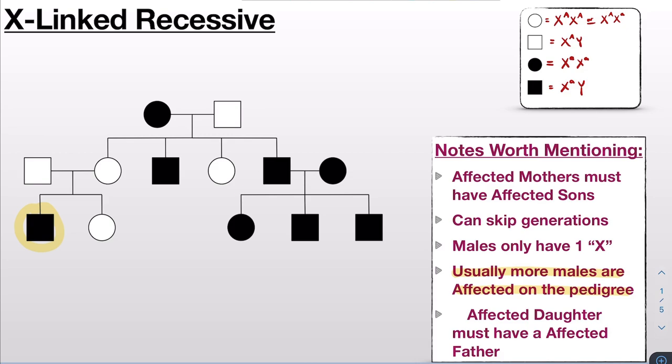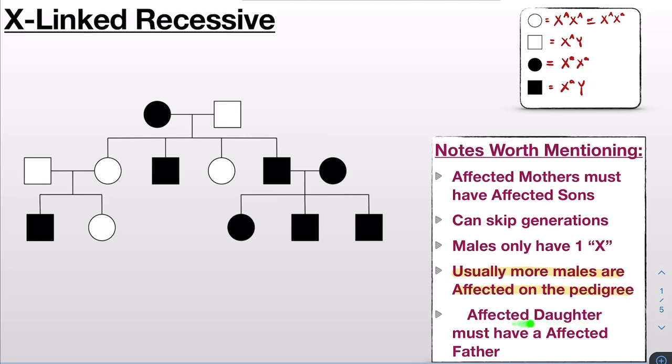There's one, two, three, four, five. And then for females, we have one, two, three. Five to three. I don't know if that's significant, but it's enough to make you think it's probably X-linked recessive. So if you have more males, it's probably going to be X-linked recessive. Now, if you have